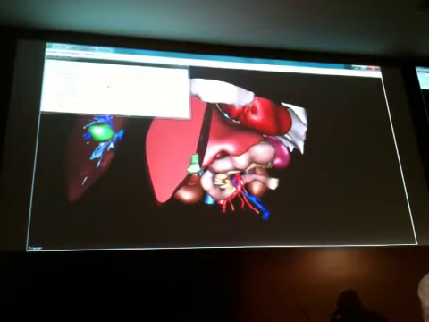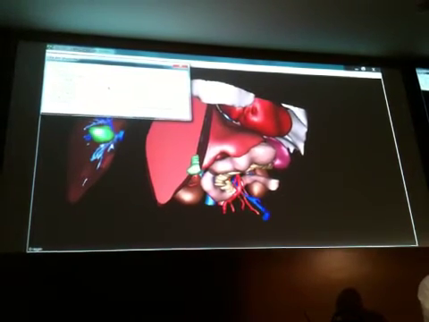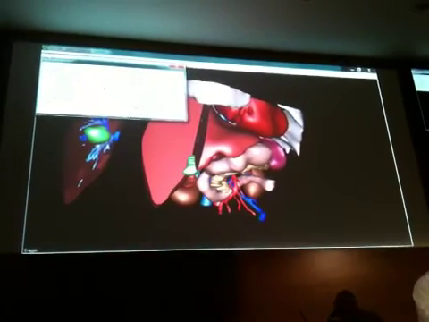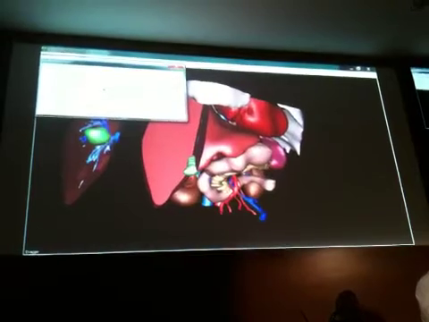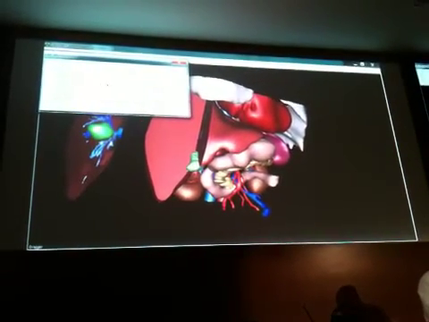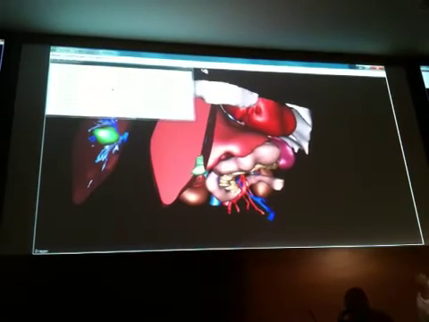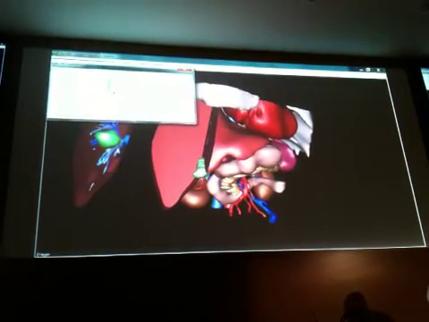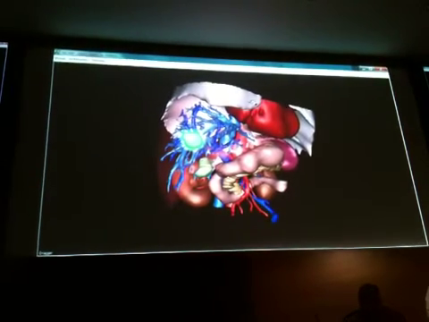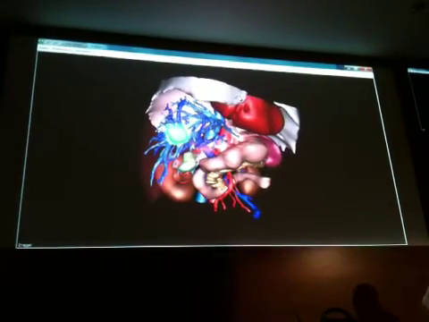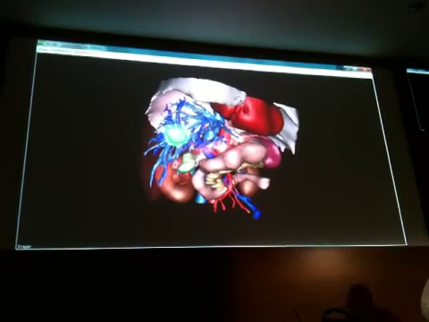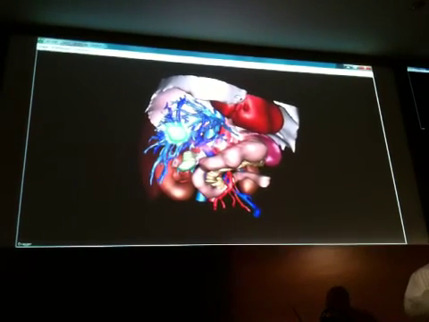And what is important, of course, for you is the volumetry. And you see we immediately have the volume of the liver after resection here, and the resected part, and of course, you can compare that with the initial volume of the liver. Now, if you disagree with this choice of resection, like a game, you can go back and play again. And there is no risk for the patient, and it is a key point. You can test and try new surgery without any risk for the patient because you work on the numerical copy of